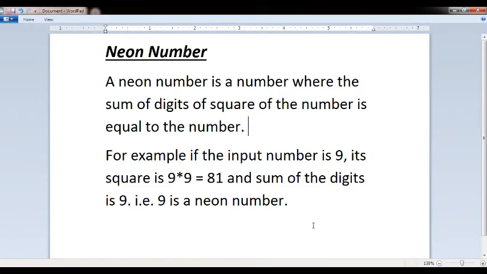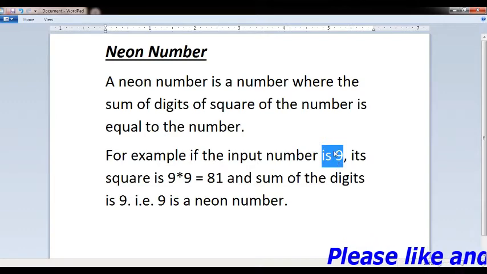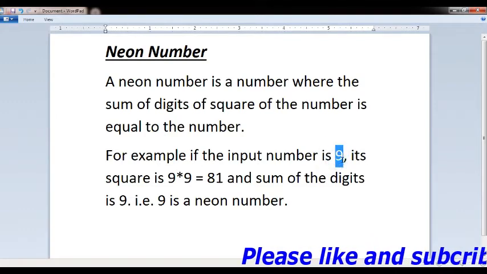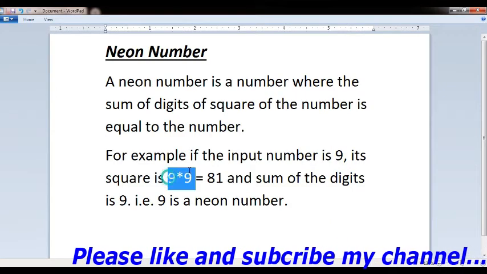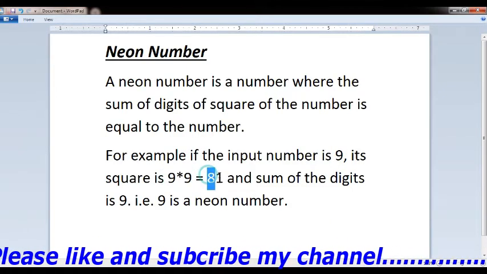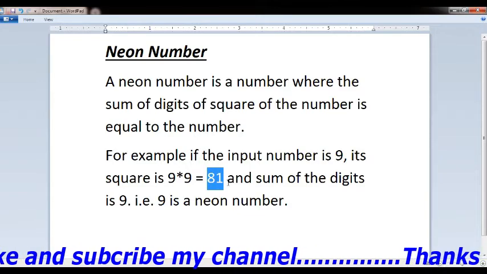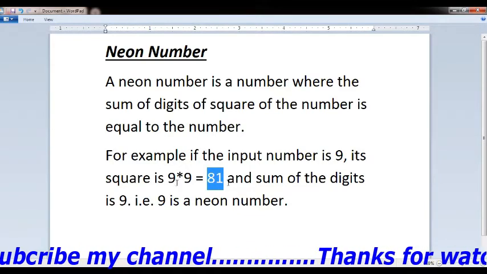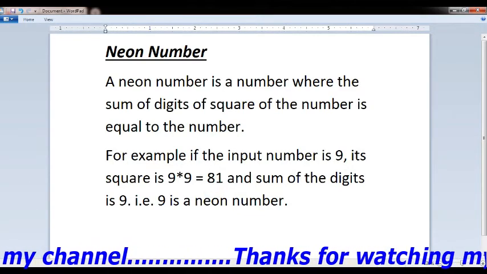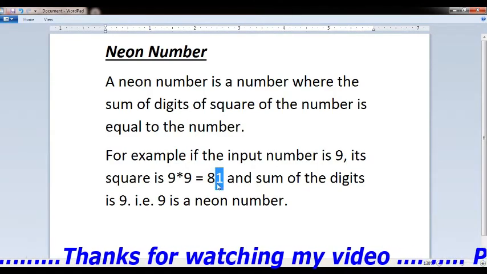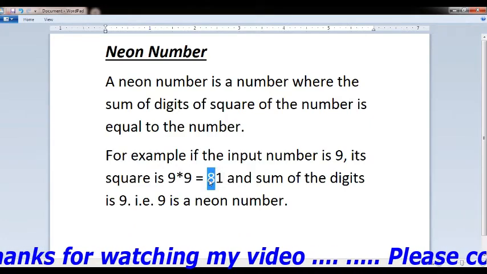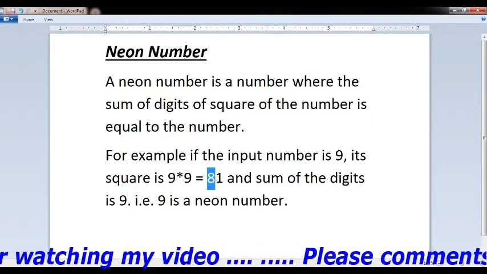The definition says we take a number. For example, we take 9 as the input number, and then we calculate the square of this number. The square of the number is 81. After calculating the square, we separate all the digits of the square of the number.